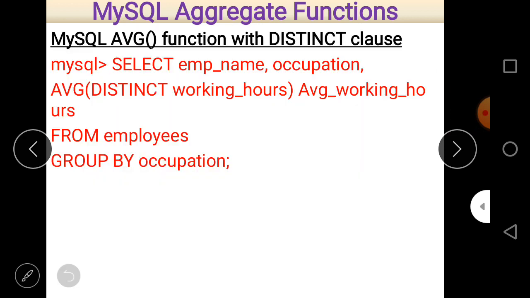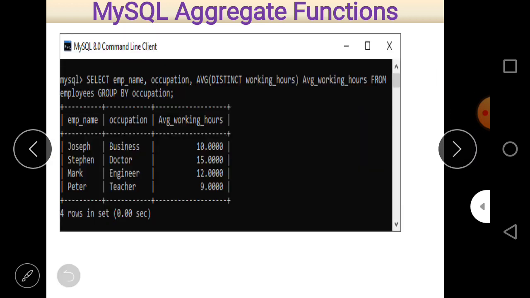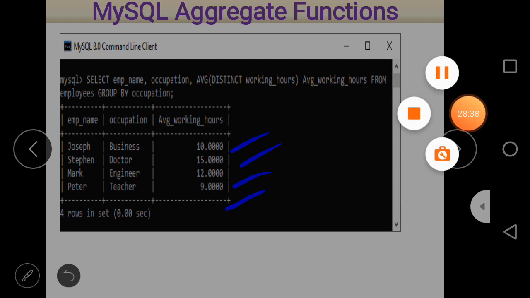But since there is a distinct clause here, the repeated values are not considered, or are considered as a single unit, only one time. So that's why 10, 15, 12, and 9 appear here. So this is the use of the distinct clause. Now I hope this concept is clear to all of you.